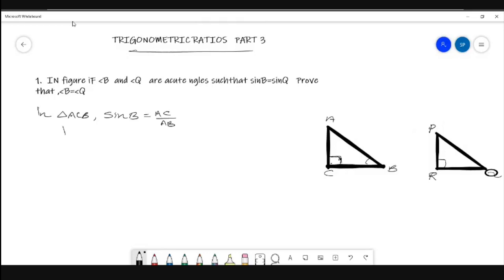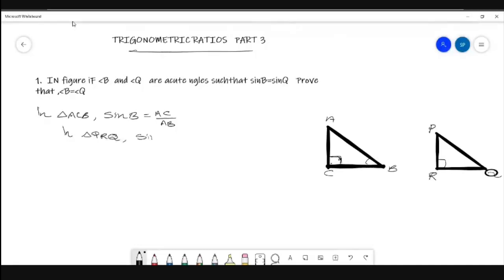Okay. So in triangle PRQ, we have sin Q equal to, with respect to Q, its opposite side is PR, and the hypotenuse is PQ. So sin Q equal to opposite side PR divided by PQ. Now here, as sin B equal to sin Q,